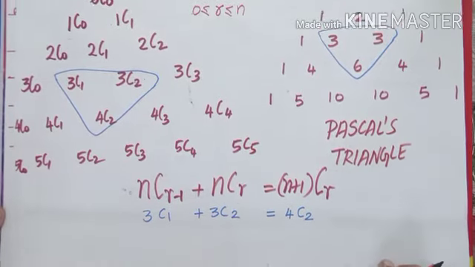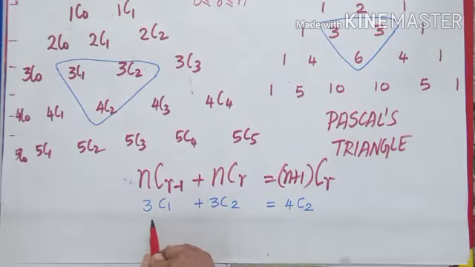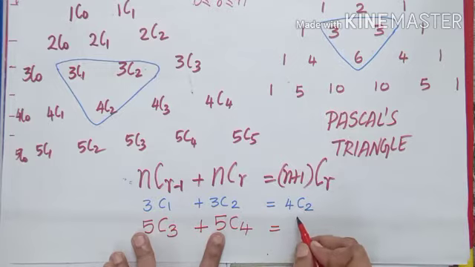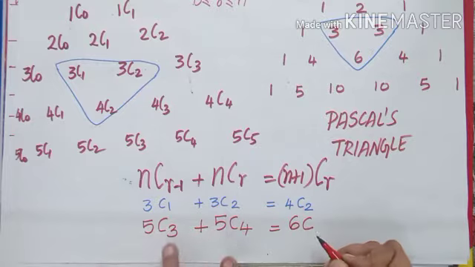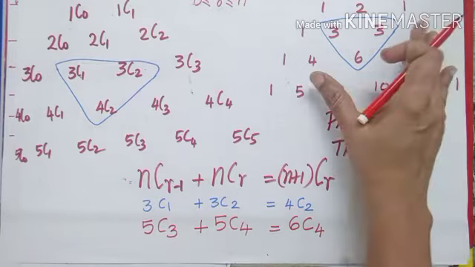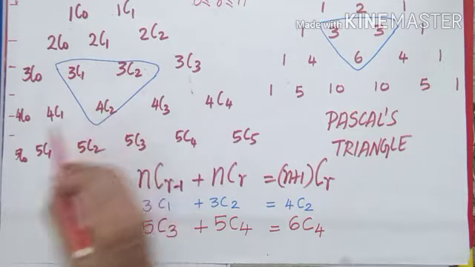Like this, you can tell me any example. Say, tell me what is 5C3 plus 5C4. What would be the RHS? 5 and 5 are coming. Here I will include one more, so it will become 6. And the base 3 and 4 are there. I should write the bigger number, that is 4. So like this, if any objective type questions come, you should be able to attempt. And all this we derive from Pascal's triangle. The triangle is based on combination values.